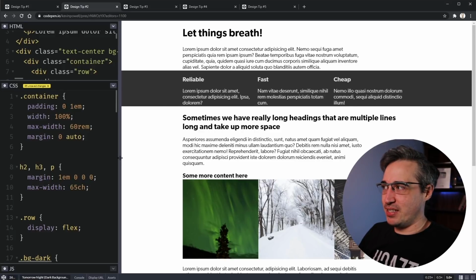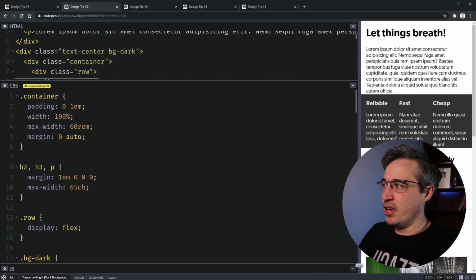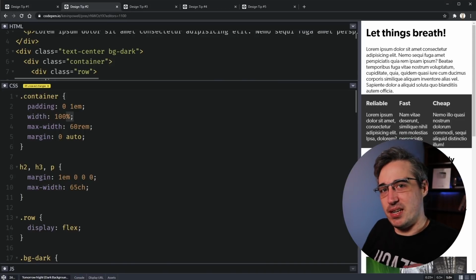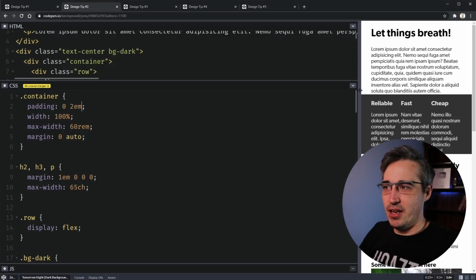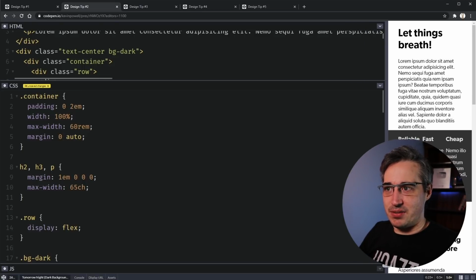And the first place I'm going to suggest this actually is at small screen sizes. Just make sure on a container you either have a width that's less than 100%, so it's not touching the sides of the screen, or you put a little bit of padding on it, just so you get a space. So even if this is, you could probably go up as big as 2em depending on the design. Maybe that's a bit big, but just giving yourself some space on the edges so the text isn't touching it.